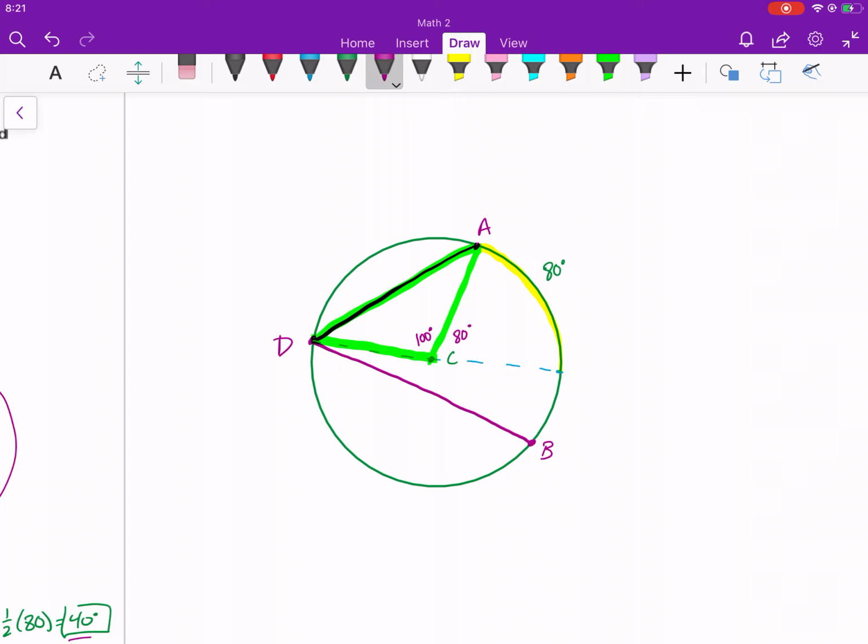And these two sides right here are going to be equal since they're the radius length, meaning these two angles should be equal. Well, these two angles should make up the remaining 180 degrees. Well, there's 80 degrees left over, so it's going to be half of 80, which is 40 for each one of these to get 180 degrees. So the same idea would play out even if we did